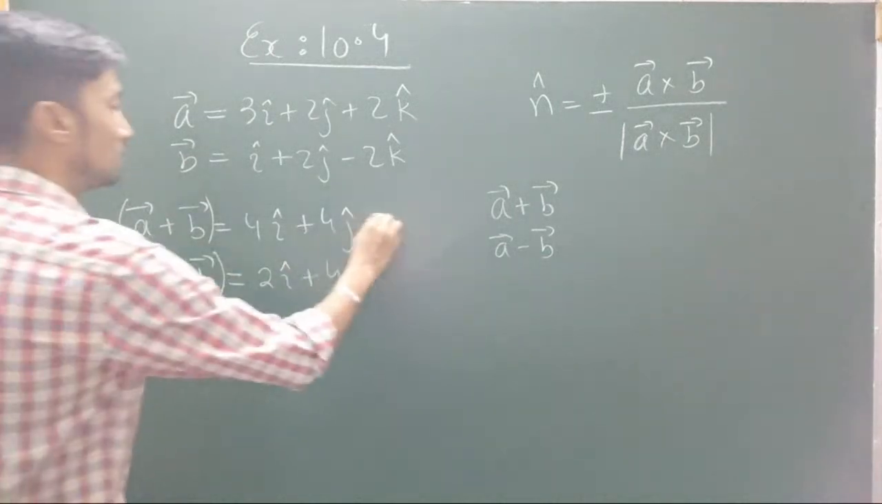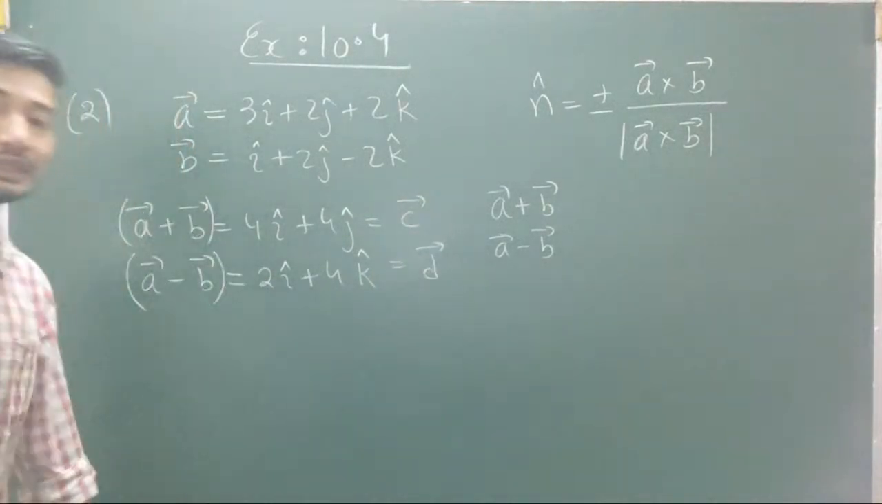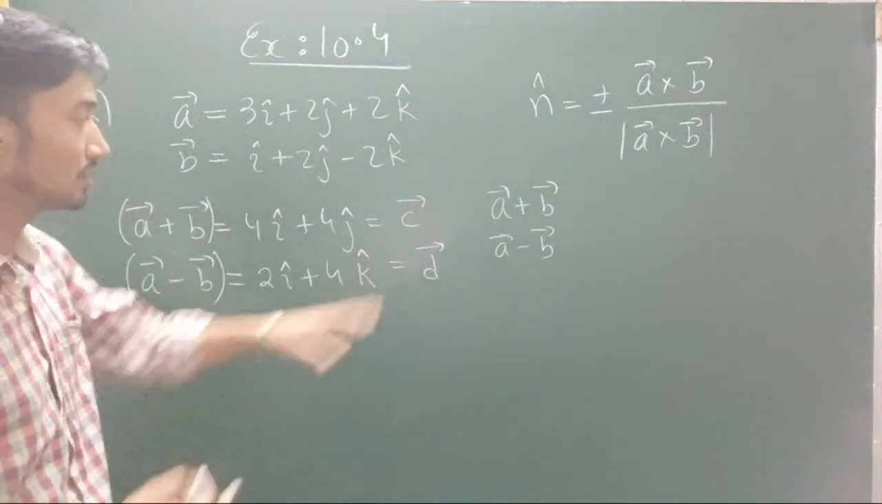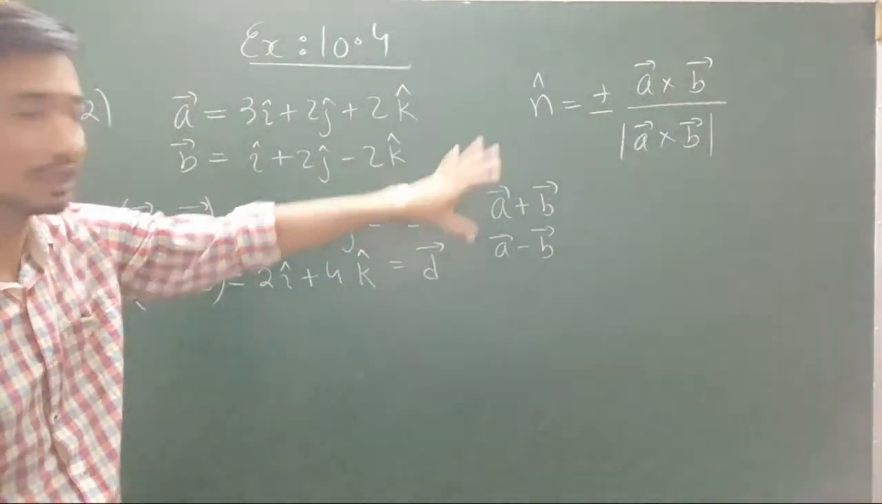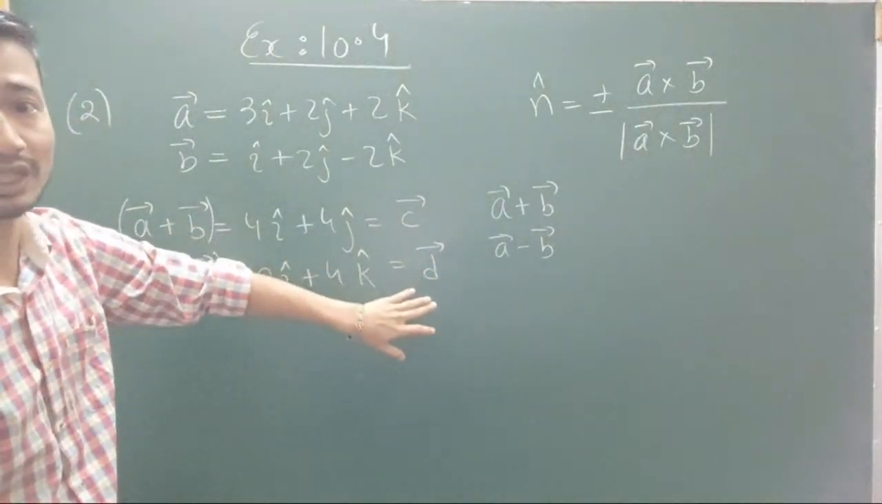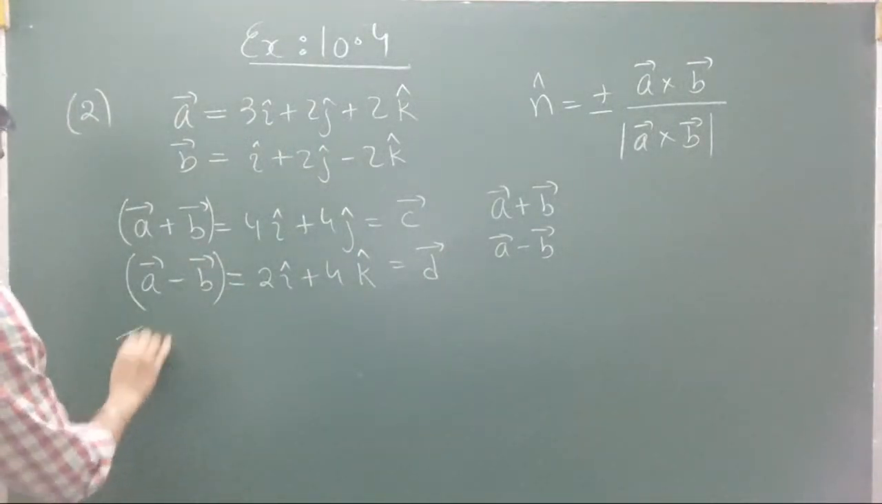So if we just assume this to be vector C, and if we just assume this to be vector D. If you don't want to assume, you can write it as it is, but if you just want to assume for simplification, then you can assume it to be vector C and vector D. So in that case, you can just write down the